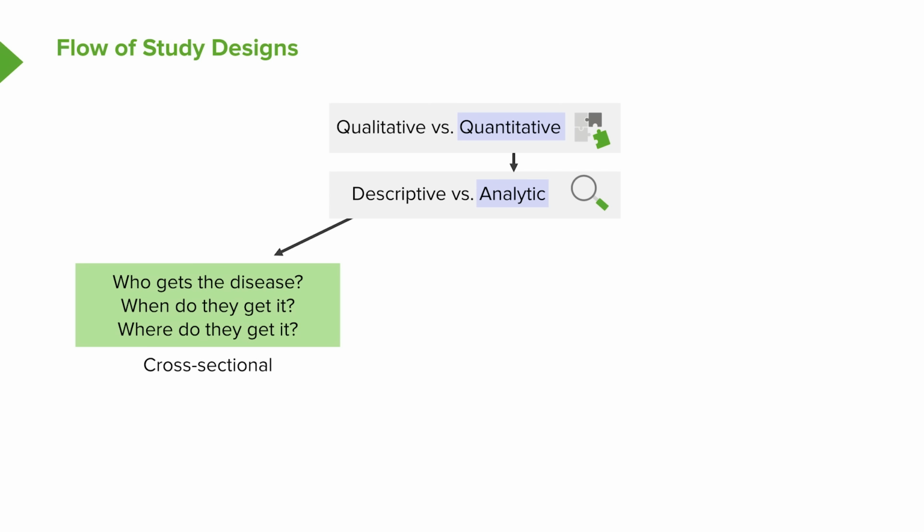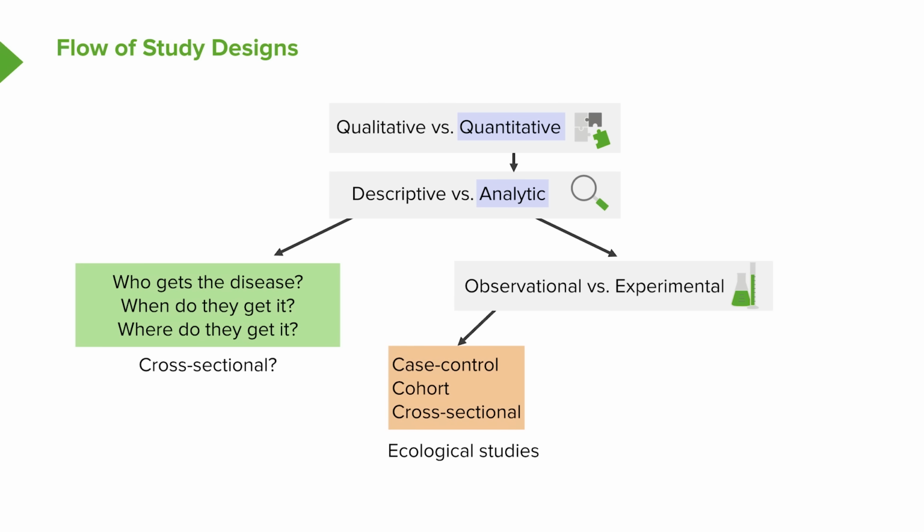Now, descriptive studies dealt with one variable, really, describing left-handedness. Analytical studies are looking at two variables or more and a relationship between them. Amongst analytical studies, there are two other categories, observational or experimental. Amongst observational studies, there are three, perhaps four large categories: the case control, the cohort, different kinds of cross-sectional studies, and possibly this thing called an ecological study, all of which we'll learn more about in another lecture.